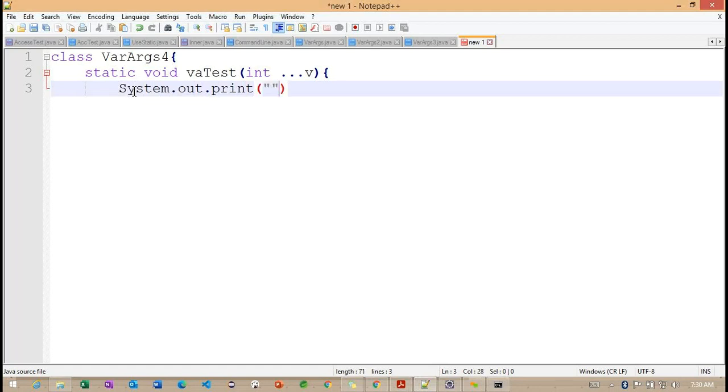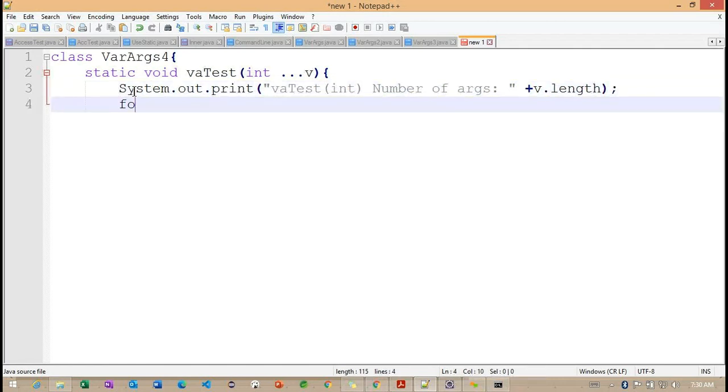System.out.print. Inside this method, I'm printing the number of args, v.length. Right.